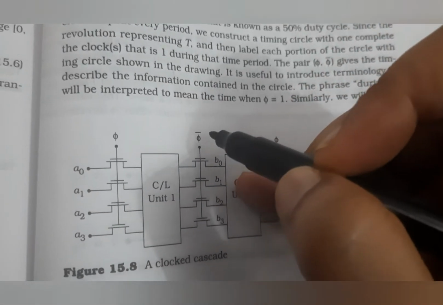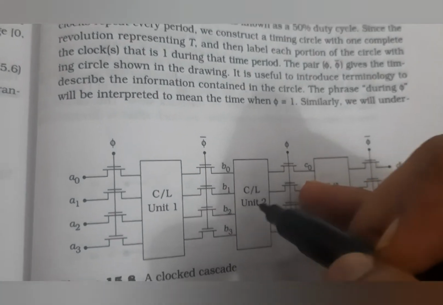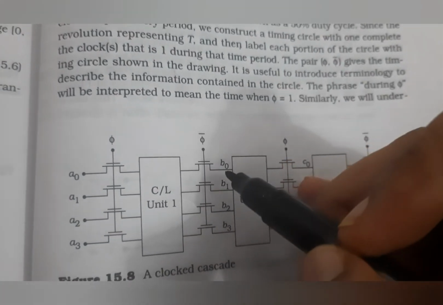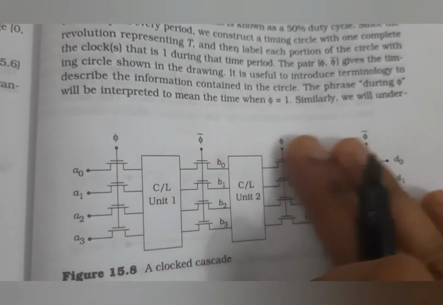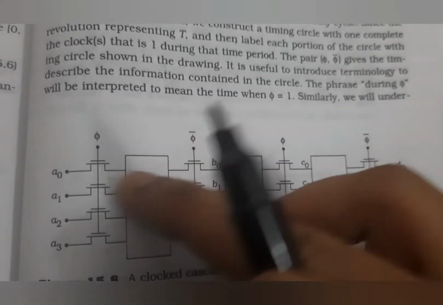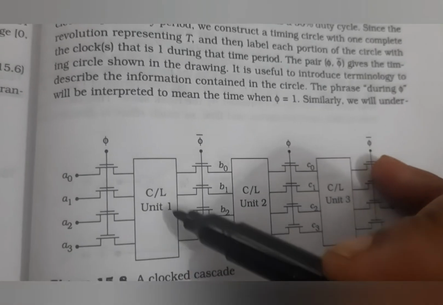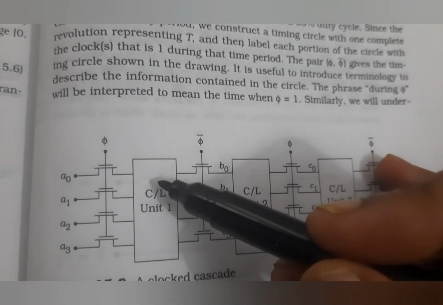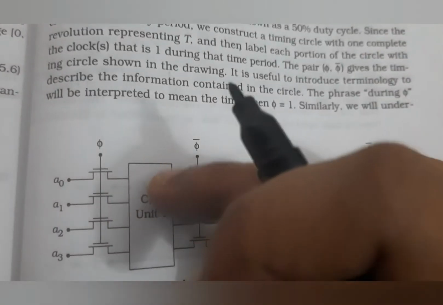At the same time, the complement of this Pi is given to this combinational logic. At that time we have no input to the combinational logic, so all are in idle state. There is no input to this combinational logic. So after processing this combinational logic, that is unit 1, it performs the operation till the value